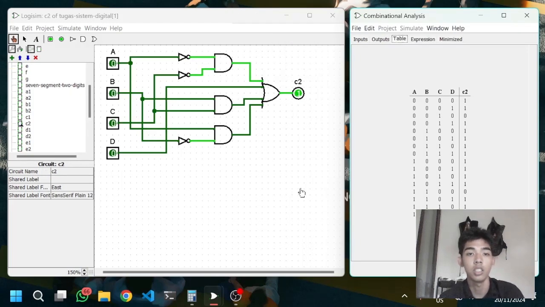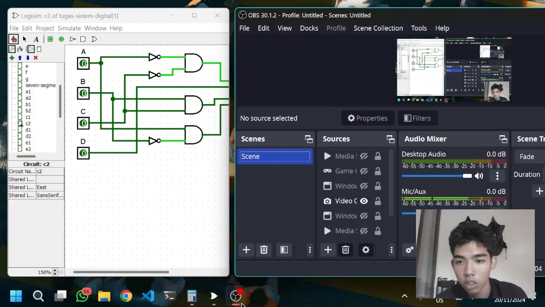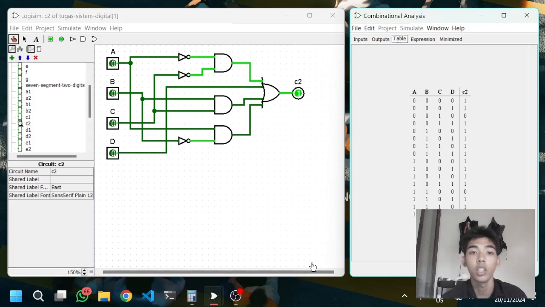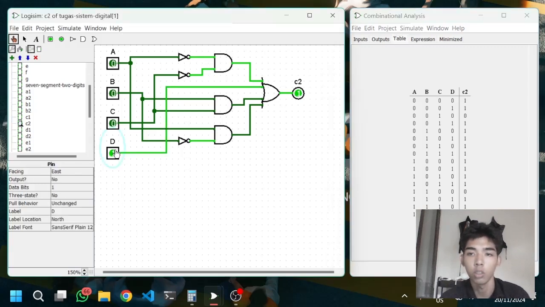Okay, this is C2. Now let's check from 0 to 15. So this is the truth table. Now 0 is 1. Yep. 1 is 1. Yep. Okay, now check 2, 3,